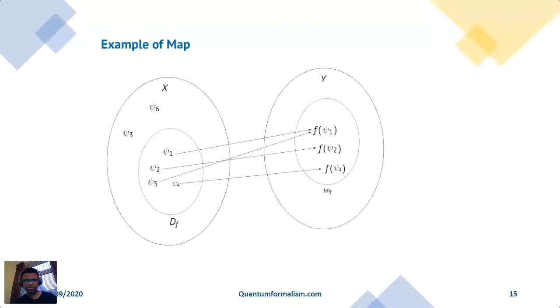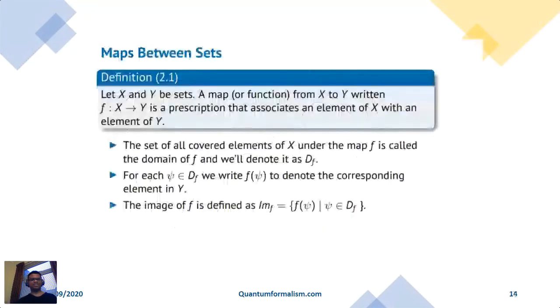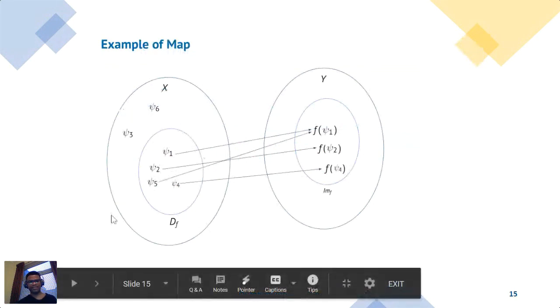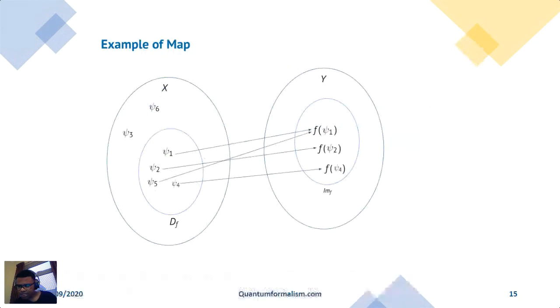Does that answer your question, Amir? What I mean with covered is that normally in intro texts on set theory, maps and these things, they assume the entire domain is X to make it easy. But because we are preparing you for Hilbert spaces, where your domain is very important, I'm already starting to hit you with this, so you know that the domain doesn't have to be the entire set. The covered elements are the elements on the source set, and it doesn't have to be the entire thing. So I hope that answers it.